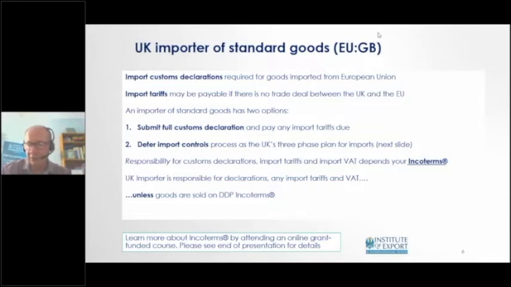They can continue to submit, if you're importing from the rest of the world, a full customs declaration and pay any import tariffs due. But an importer of standard goods does have a further option, which is to effectively utilize the staging process, defer the import controls and make the import declaration later. And we're going to talk about that in the next slide, as to what that deferment process looks